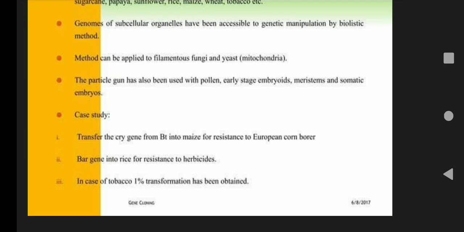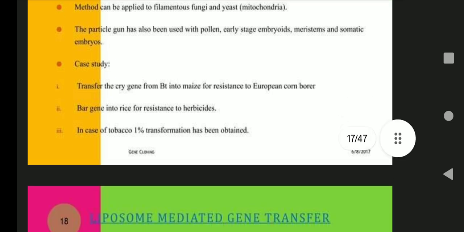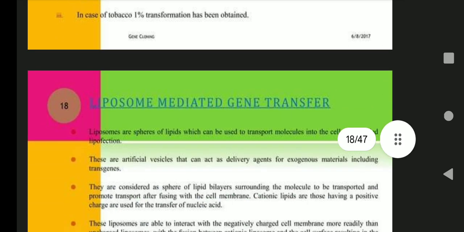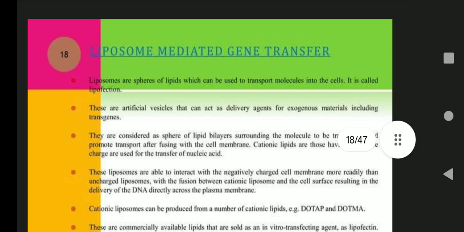By this method, we can transfer the cry gene from Bt into maize for resistance to European corn borer, and the bar gene is inserted into rice for resistance to herbicide, and in the case of tobacco, 1% transformation has been obtained. The next method is